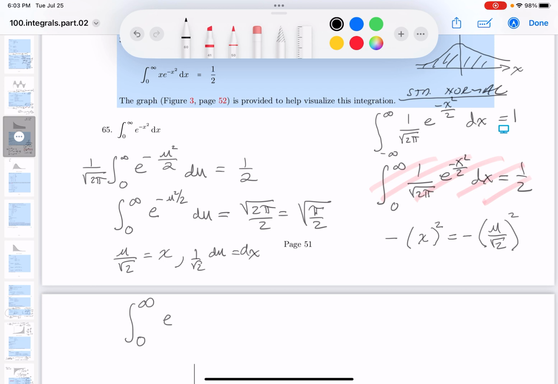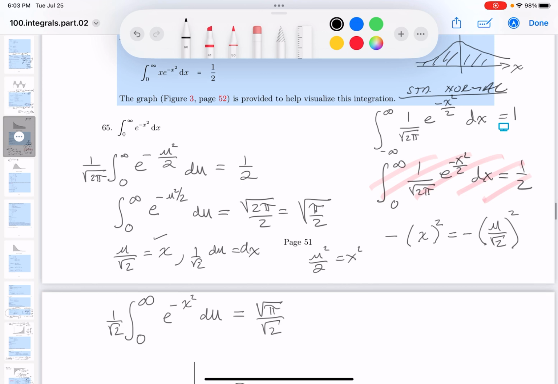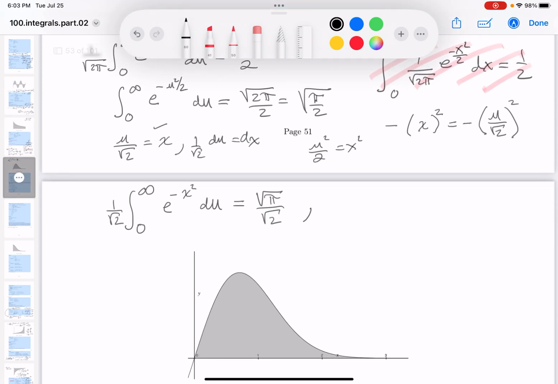Then when you get e, I've got to do something tricky over here. I've got to square this, so it's going to be minus. And if I square that, I would get u squared over 2 equals x squared. So this is going to be just simply x squared now. All right? And then what's the dx equal to? It's really 1 over root 2 du. And what's that equal to? Well, let's see, I'm going to write it a little differently now, root pi over root 2. I'm going to multiply both sides by root 2, and what do you get? 0 to infinity, e to the minus x squared,